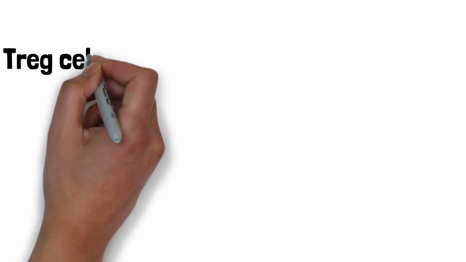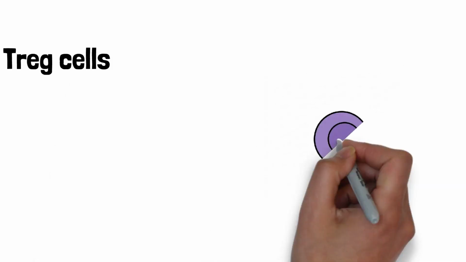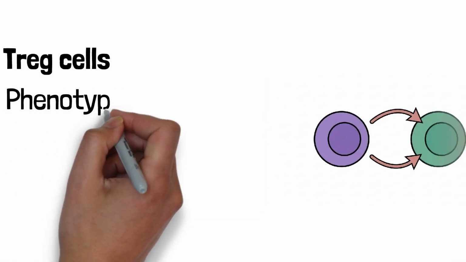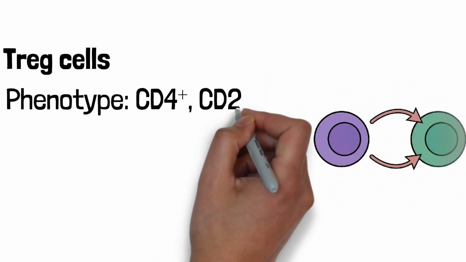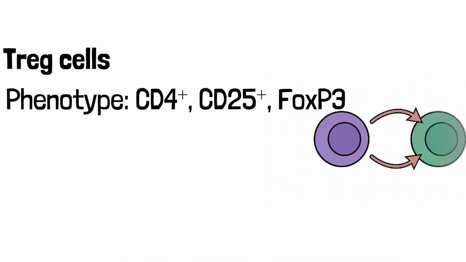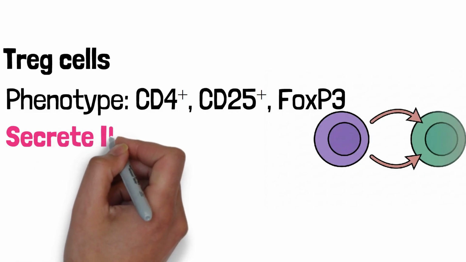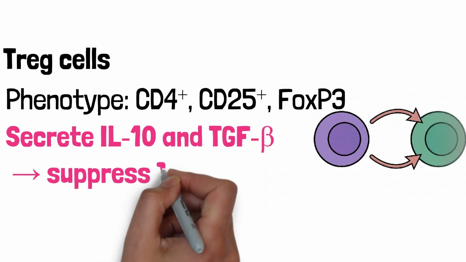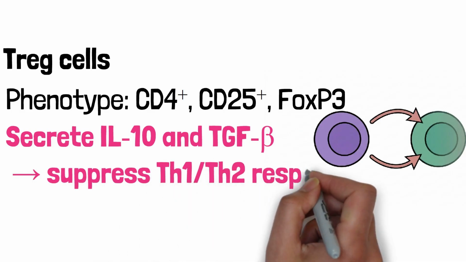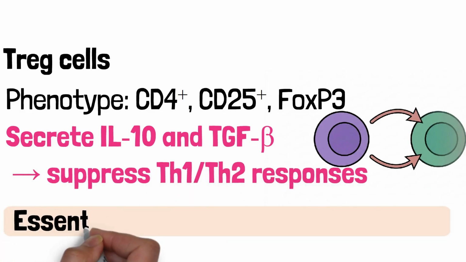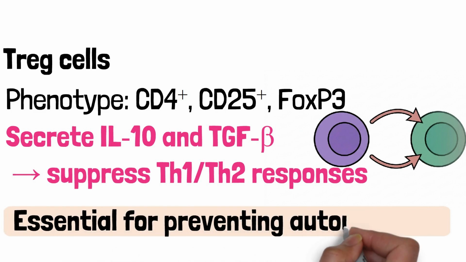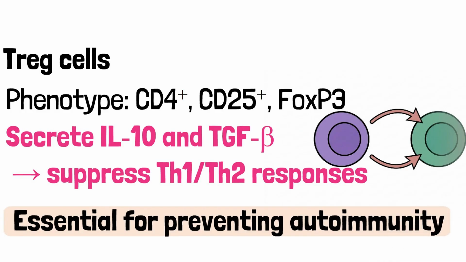Building on what you just covered with those three helper subsets, there's a fourth CD4 lineage whose entire job is to calm things down instead of ramping them up. Tregs are defined by the marker set CD4 positive, CD25 positive, FOXP3 positive. They work by secreting IL-10 and TGF-beta, and those cytokines actively suppress Th1 and Th2 responses that would otherwise keep firing. That suppression isn't optional, it's essential because without functioning Tregs, you lose the brake on self-reactive T cells and